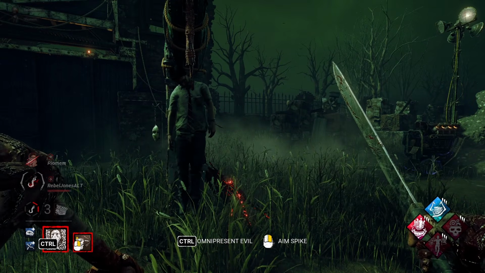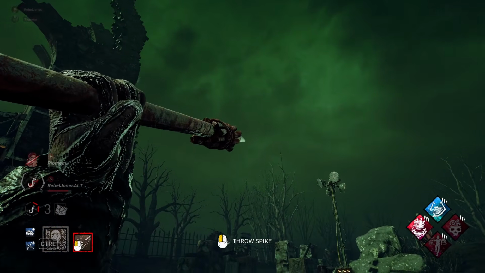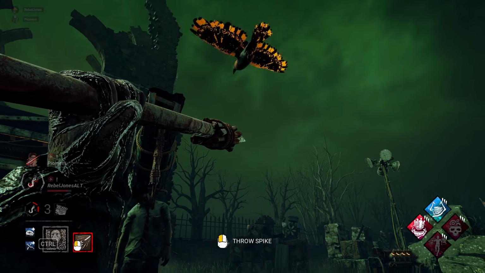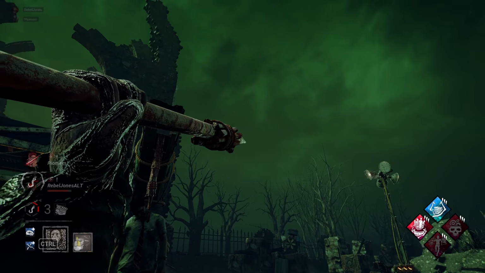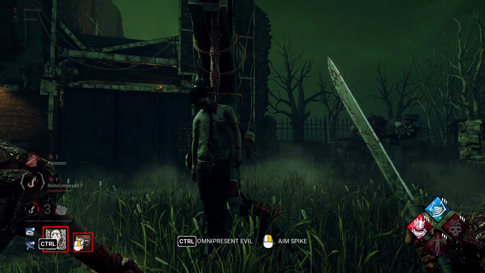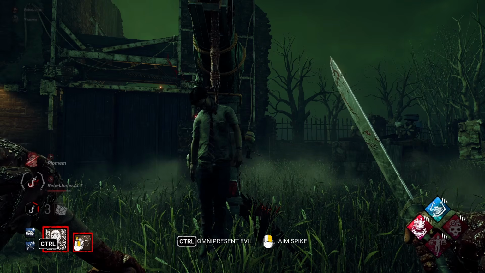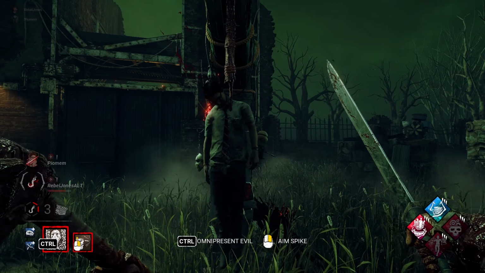Right, so we have a brand new method for the hook orbitals. I found a way to do it using hook spikes and the aura of the hooks. We're also going to work that out for generators and also for exit gates as well. But for the hook orbitals, you can count a way to get a rough distance to work out roughly where it's going to be, and then you use the hook spike to figure out exactly whereabouts you are. Again, it's going to have to be pinpoint accurate, but this is the method I now use to figure out